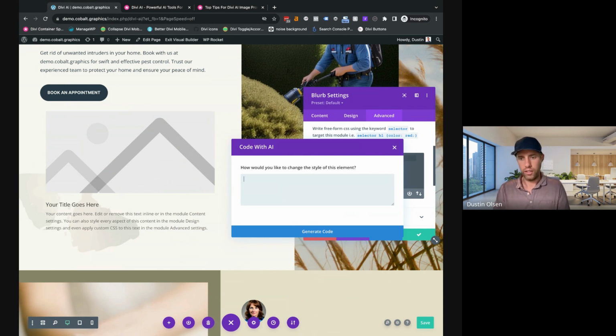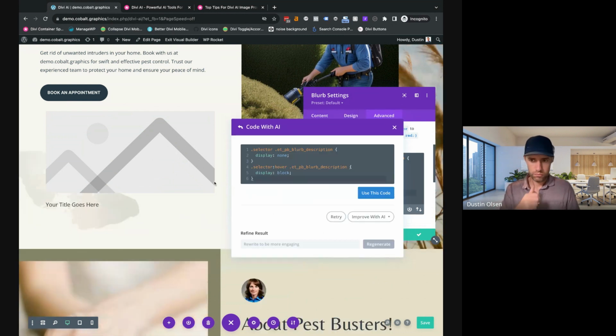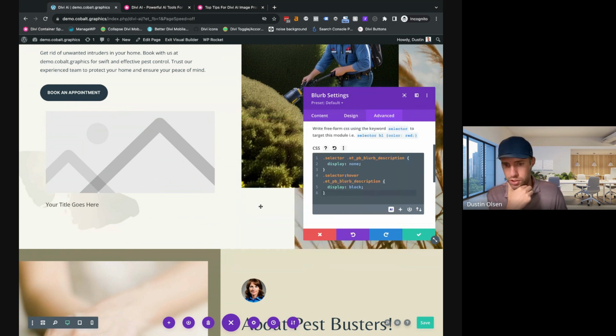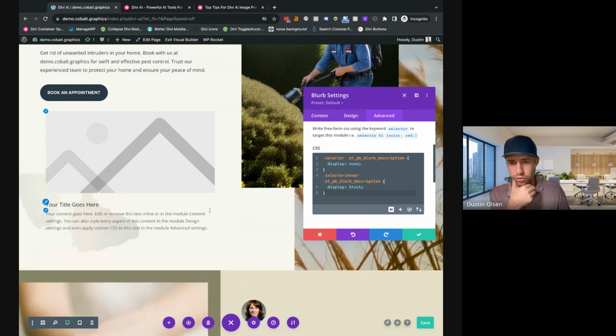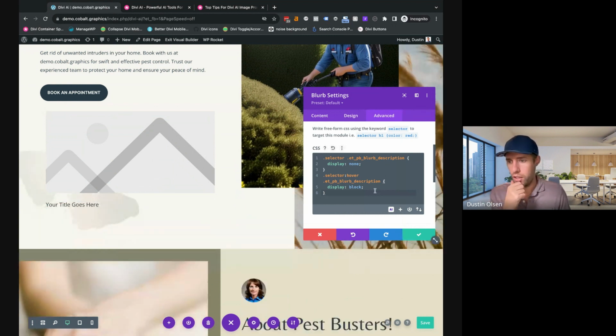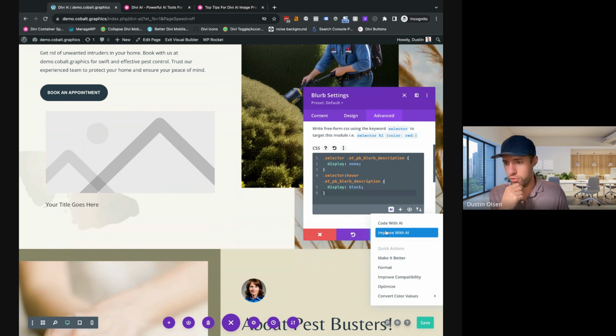So we could say, please, or say, we don't have to be too polite, but we could say, hide the blurb text until hover, and then generate code. Okay. So now it's gone, and we can see it's gone. So I'm going to say use this code, but then when I hover over, it appears. So we're getting there, but now I can say improve with AI,